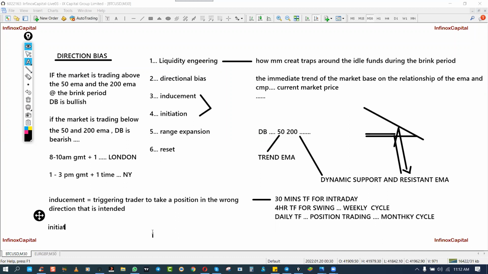Okay, now let's talk about initiation. Initiation is more or less like creating a move, then that move was actually the right move, but the market later make a pullback to mitigate that move before later continuing. The essence of the mitigation is for two purposes, so that the banks that makes the move initially that were left out from that initial move will later find a better entry. One.